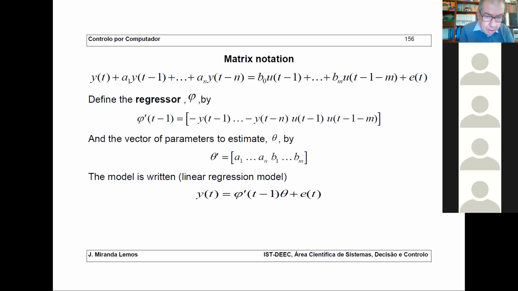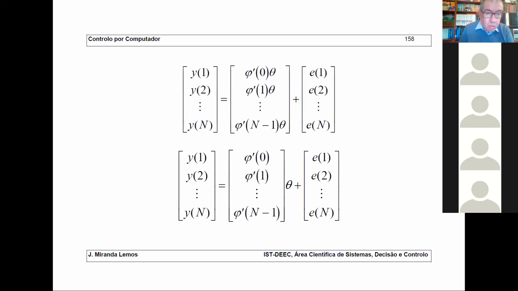Phi prime is a vector. Phi prime is a vector, and so? You can't divide by a vector. We don't know how to divide by a vector, okay? It does not have an inverse. So what we do